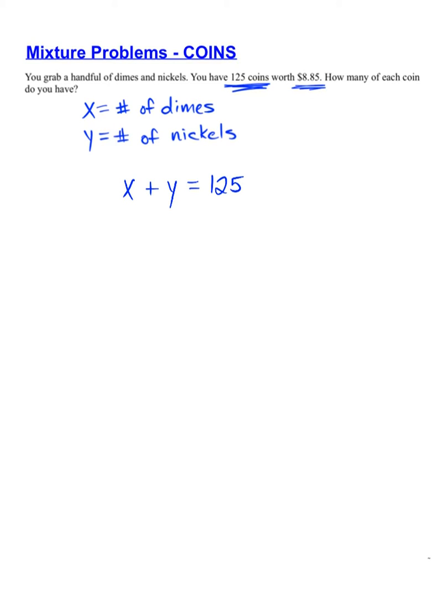The second equation is slightly more complicated, but it deals with the value of the coins. It's going to use an idea that we've discussed many times throughout the year, which is if we take the value of an item times the number of items, we get the total value. So for instance, the value of a dime in dollars is 0.10. If we multiply that by the number of dimes, which is x,